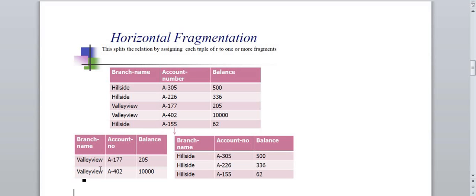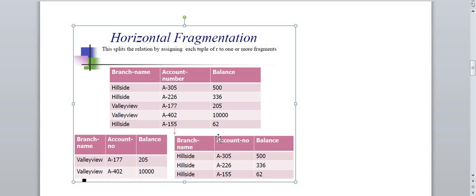Let us see here. This is one relation R. Branch name, account number and balance are stored in this relation, and we have split this relation into two. Number one is based on the branch name. Hillside is one, here we have split out Hillside, and another one is Valley View.